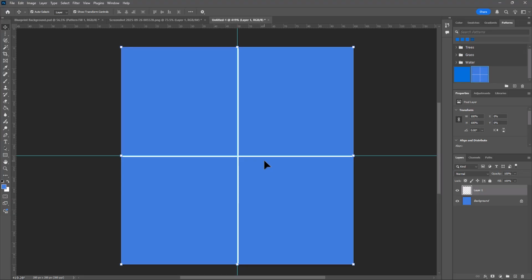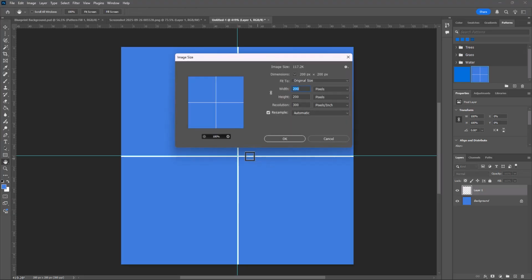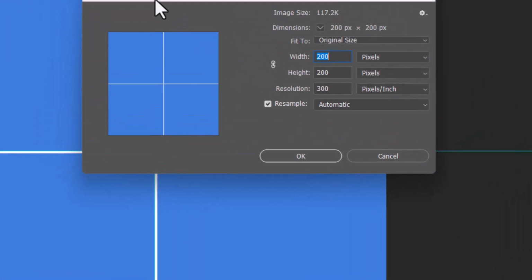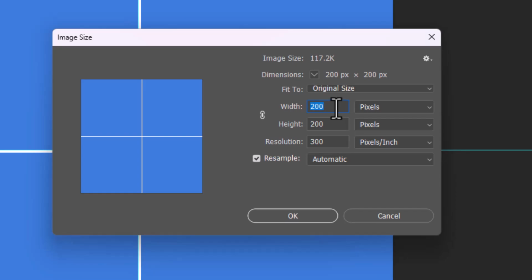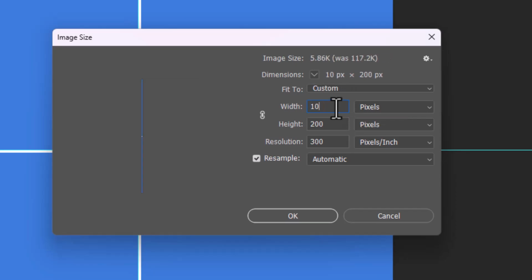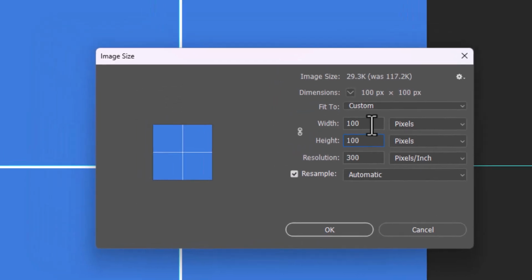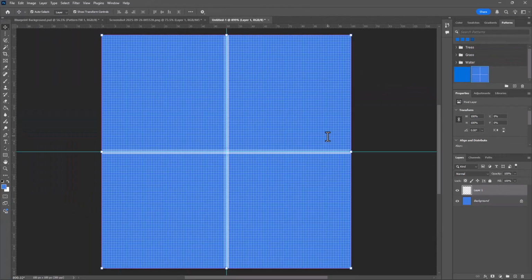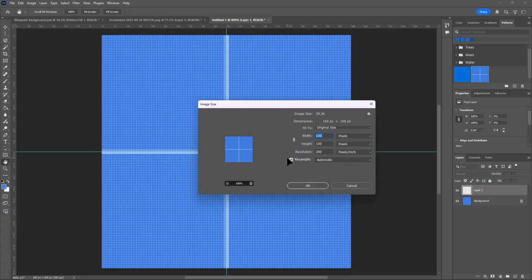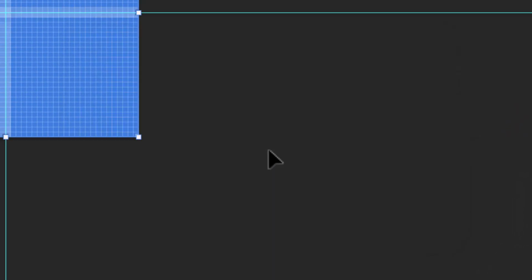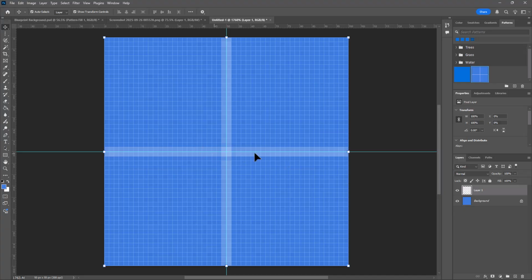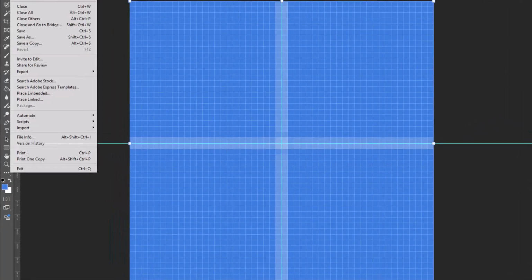Instead, I will actually go Control Alt I. That's going to give me the image size. So now it's more convenient for me to just simply go 100, change it from 200 to 100, so down the resolution. In fact, I may even go 50. If you thought it looks bad, this is even better actually. So here's a lower resolution. Go to edit and then define pattern